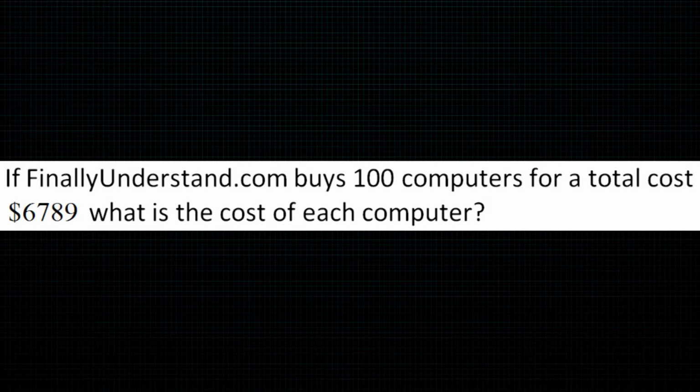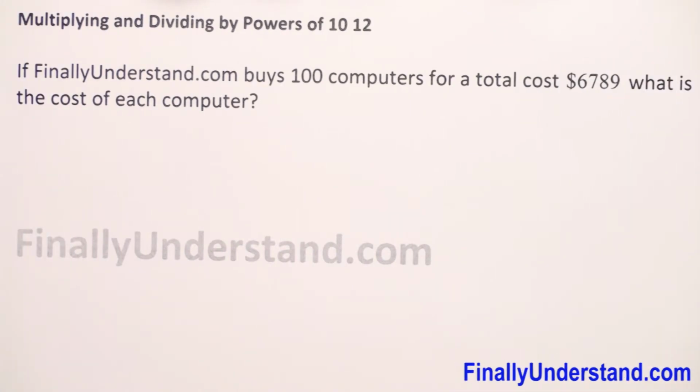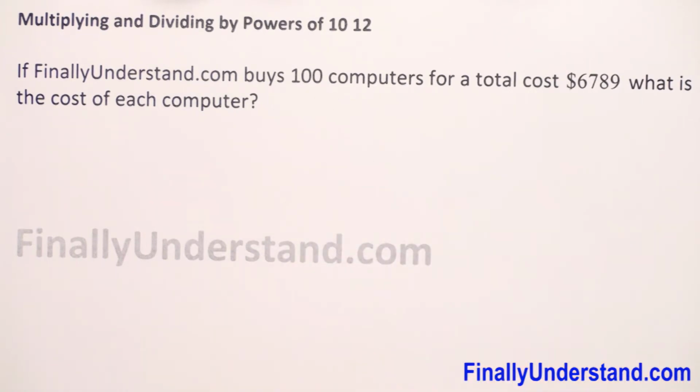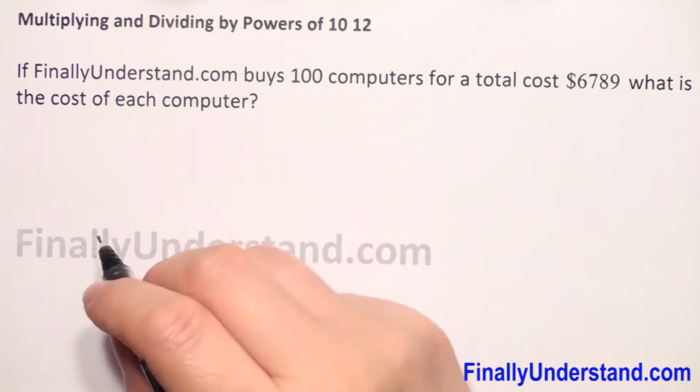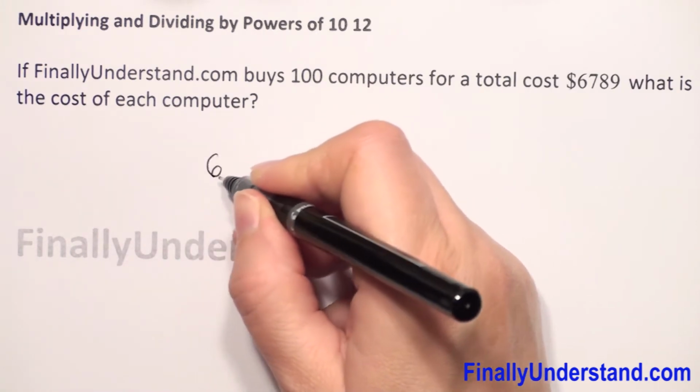Tom buys 100 computers for a total cost of $6,789. What is the cost of each computer? We have the total cost and we know that they bought 100 computers, so we have to do division. We have to divide the total cost as